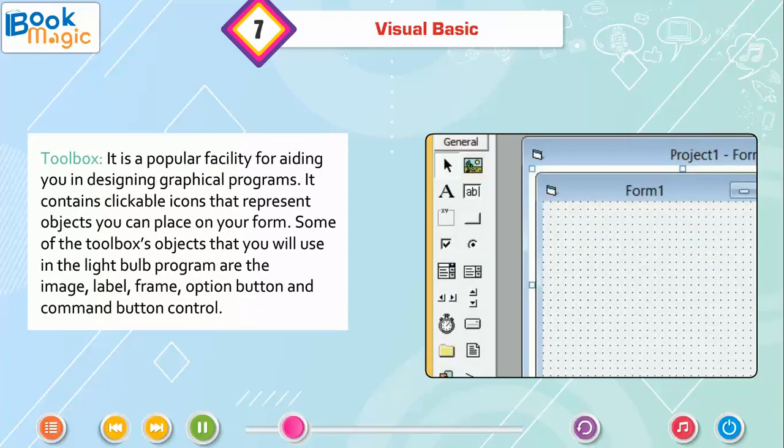Toolbox. It is a popular facility for aiding you in designing graphical programs. It contains clickable icons that represent objects you can place on your form. Some of the Toolbox's objects that you will use in the light bulb program are the image, label, frame, option button and command button.